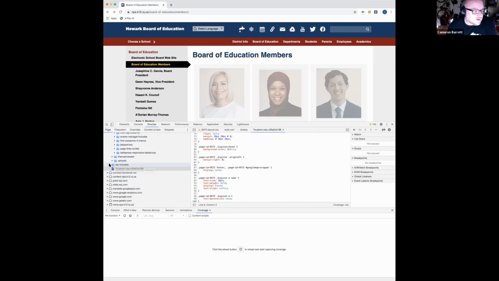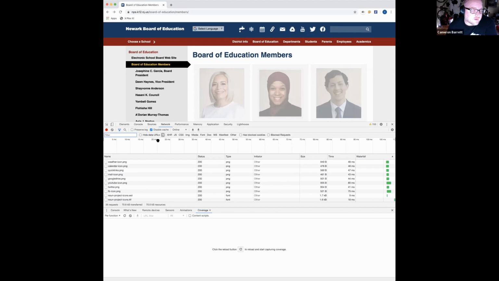And all the stuff includes the CSS, JS, and you can also look at the network tab. And you can see here that this page took 36 requests. It transferred 70K, and some of this is cached, so it's actually quite low. But if I disable the cache here and hold the shift key down to force a reload from the server, basically, holding the shift key down tells the server, no, I don't want you to deliver anything cached,